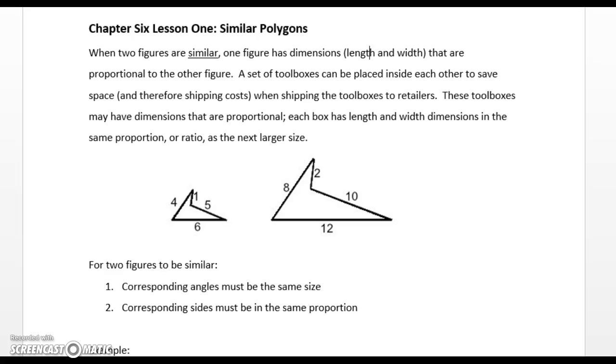In this video, we're going to look at lesson 1 from chapter 6, which is looking at similar polygons. So when two figures are similar, one figure has dimensions, including your length and your width, that are proportional to